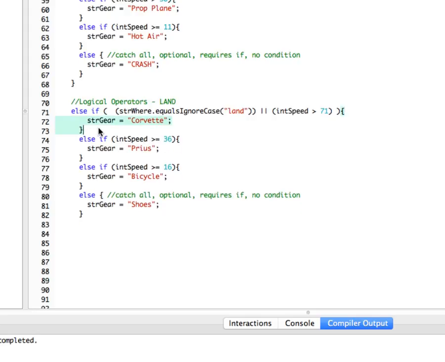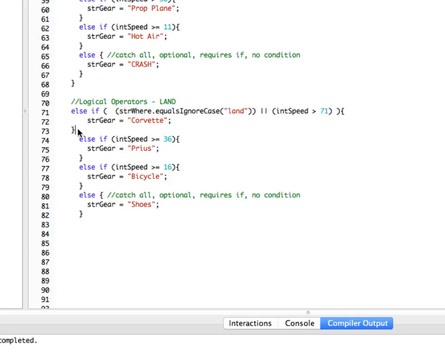And we'll take, actually we can leave this because this is going to pair up with my else if. So here's our condition. This is our logical operator. We've taken out part of the nested if, and we've replaced it with this operator right here: condition 1 ORed with condition 2. And if this is true, remember, the entire if statement, if this becomes true, then string gear is going to